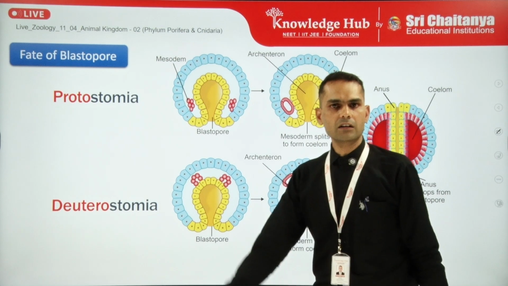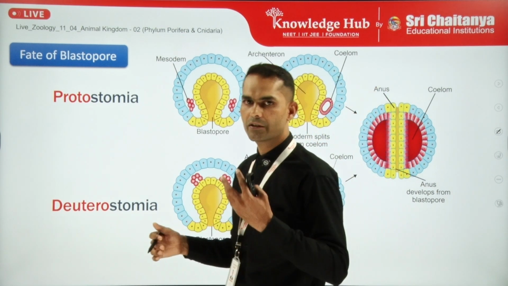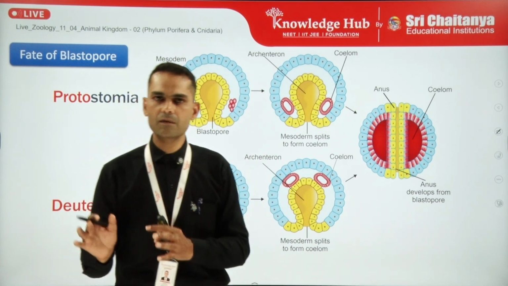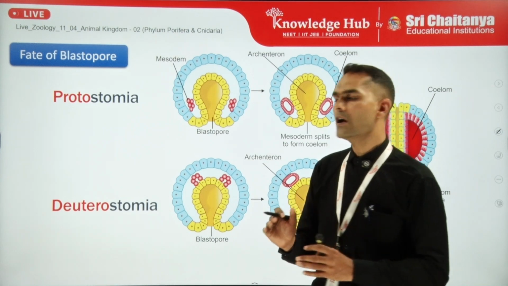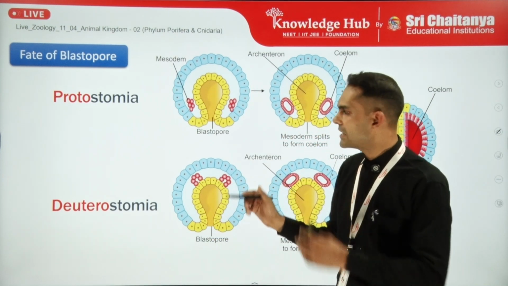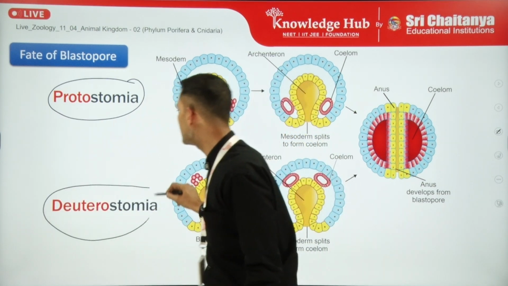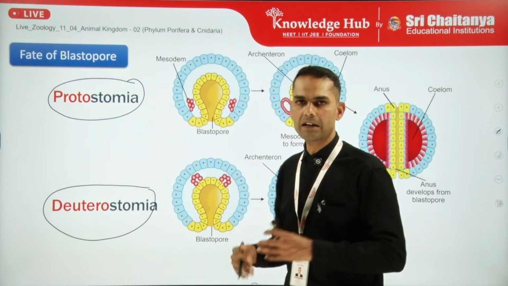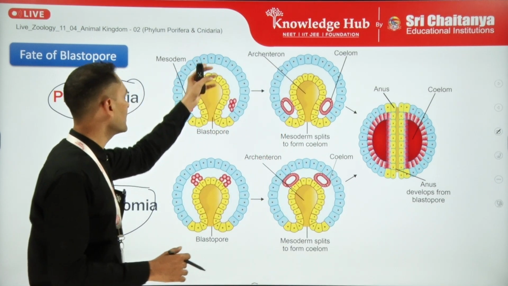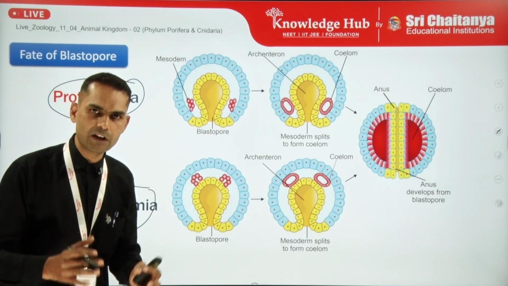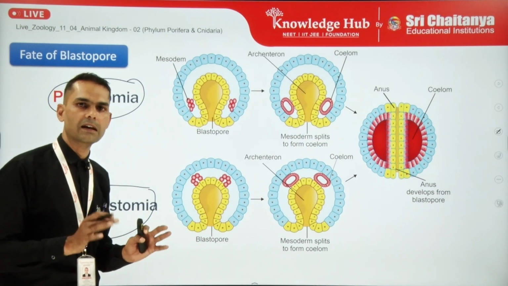Now, on the basis of the blastopore development, we also categorize organisms into two categories. The first one is the protostomes and the other one is the deuterostomes. Now, how do we define the protostomes? Protostomia and deuterostomia. That means when the blastopore development results in the formation of the mouth first and the opposite part as the anus, then such kind of development is called protostomate development and the organism will be categorized as